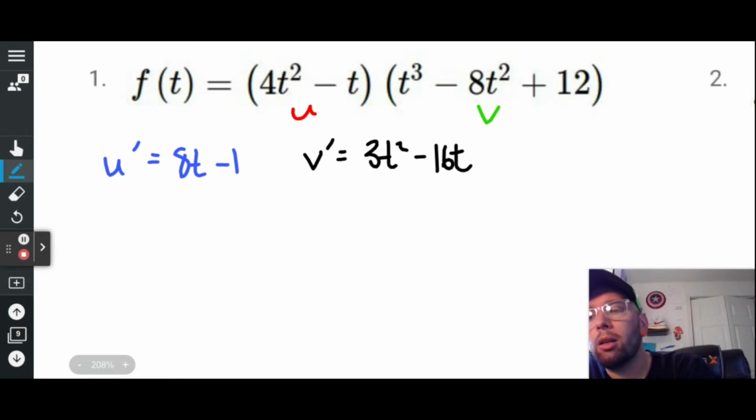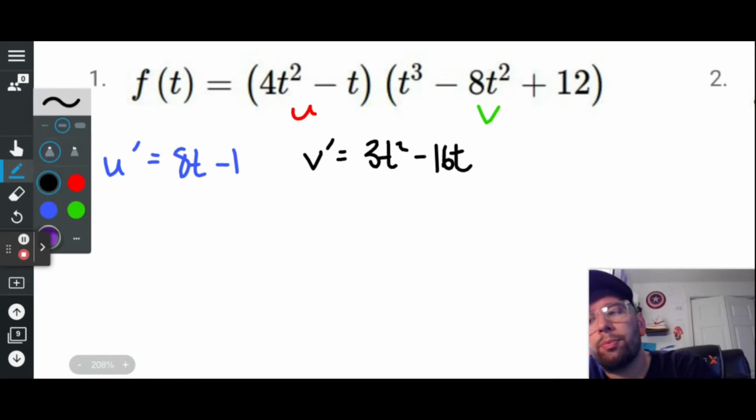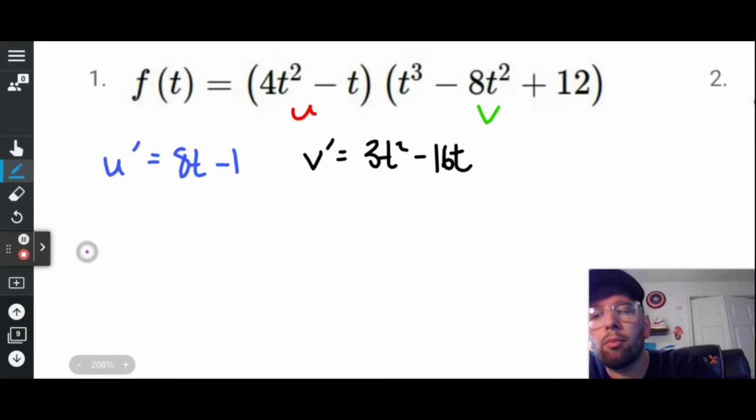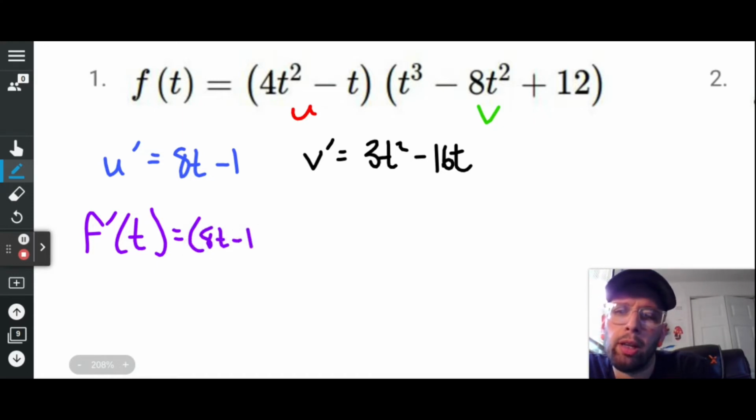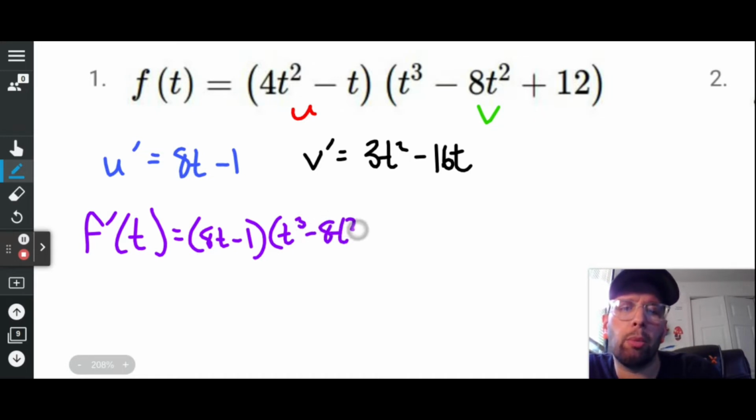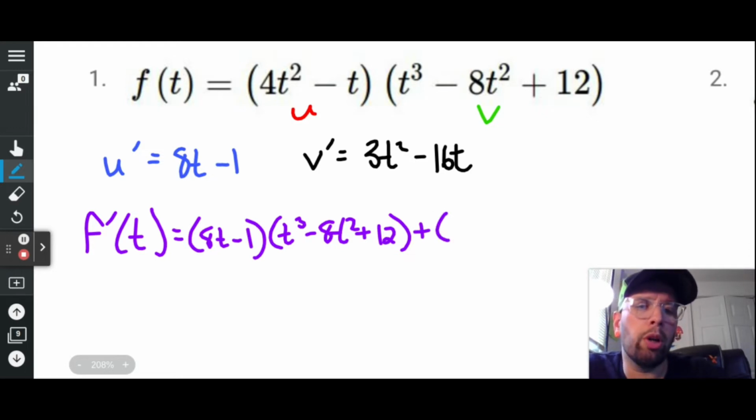U prime v is going to be 8t minus 1. I think an angel just got its wings, by the way. U prime v. So there's my v, writing it in green. I probably should have written it in green and not actually purple. Plus v prime, which is the one in black,